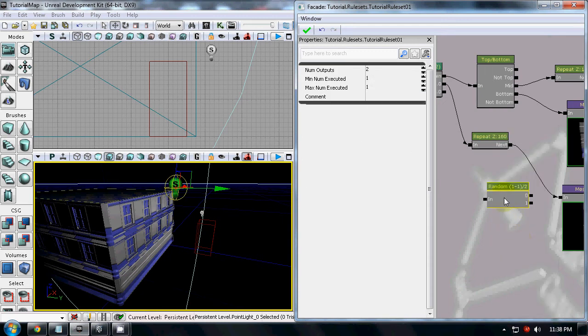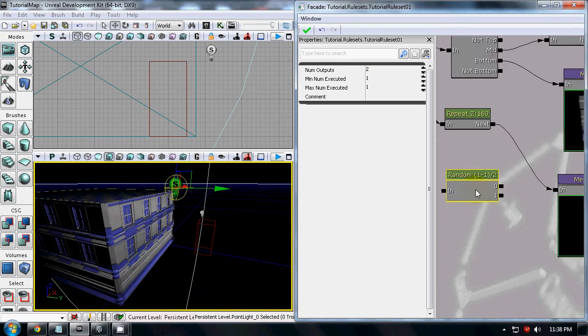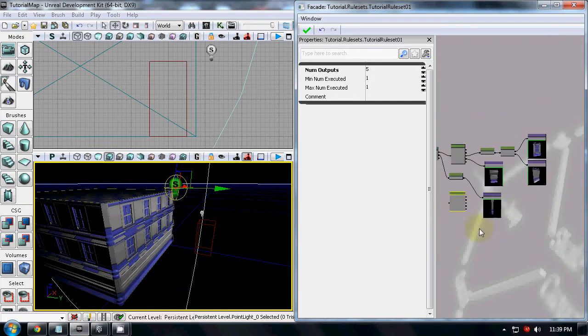Random is really what it says, random. For the number of outputs, we can say 5 outputs, and set a minimum executed number and a maximum executed number. So this is useful if you want random, maybe broken windows or something like that. You would put it in here,